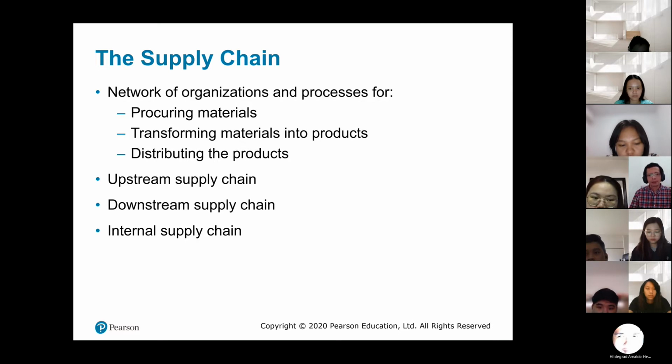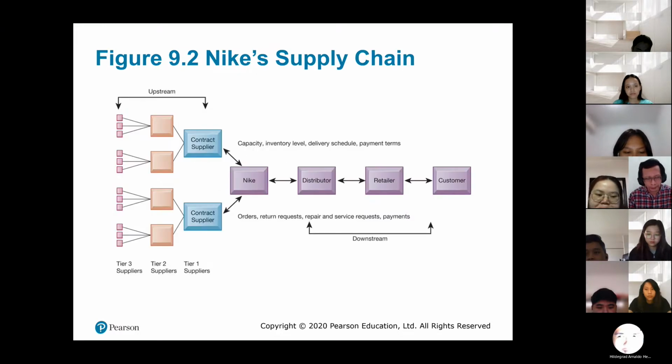Remember, one of the Porter strategic plan for winning the competition is to increase the intimacy with supplier, and supply chain management system is the way to go. Okay, so what is supply chain? We will discuss this. Supply chain is a network of organization and process for procuring materials, transforming material into products, and distributing the product. So like this one.